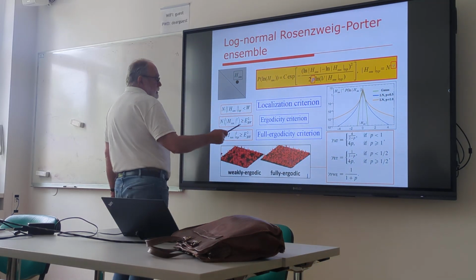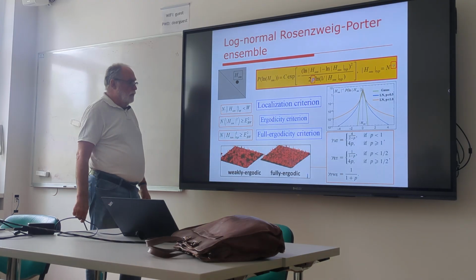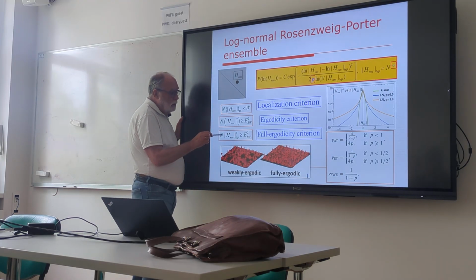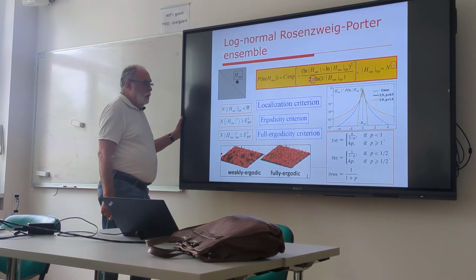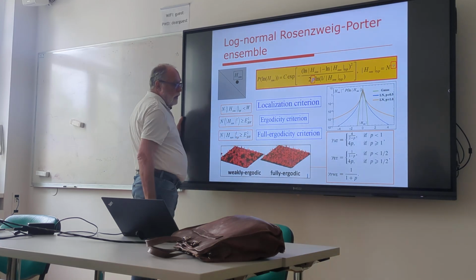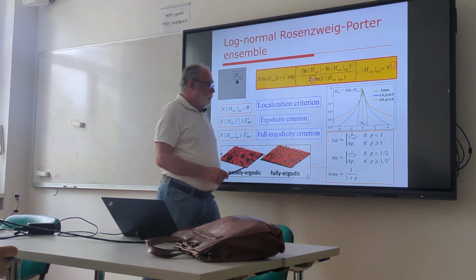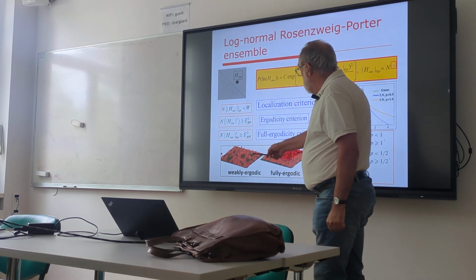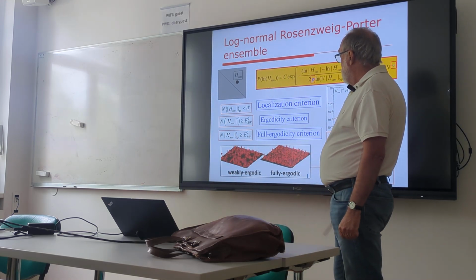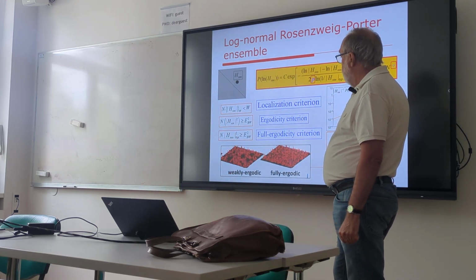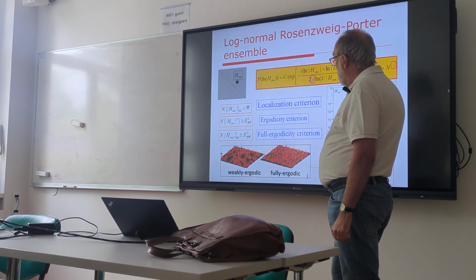But when you have tails, then they become parametrically different. And this gives room for the third transition. And this third transition is between ergodic and ergodic phase. So both phases have fractal dimension 1, but